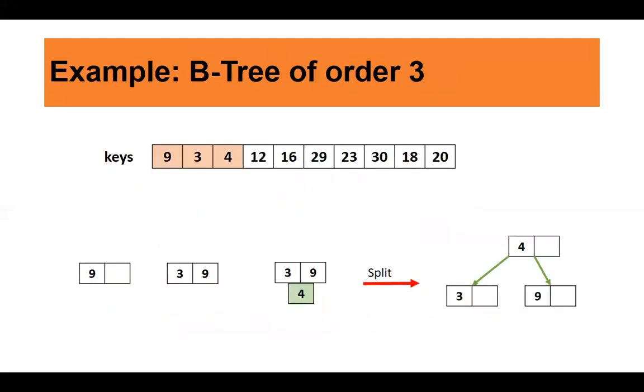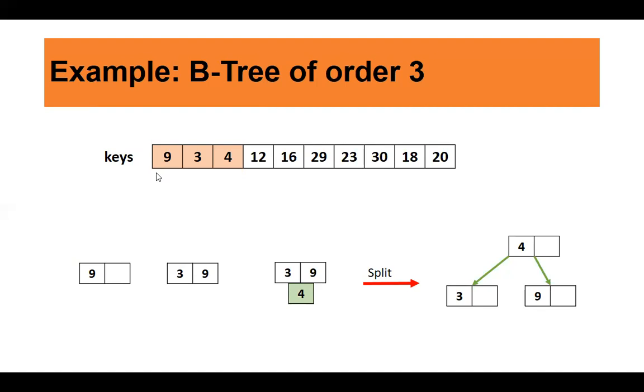Here we are creating a B tree of order 3, so the value of m is 3. When the order is m, how many keys can it have? It can have m minus 1. Order is 3, so the number of keys it can have is 2. This will be the node size every time. A B tree of order 3 can store 2 keys at a time, and it can have 1, 2, and 3, that is m children.